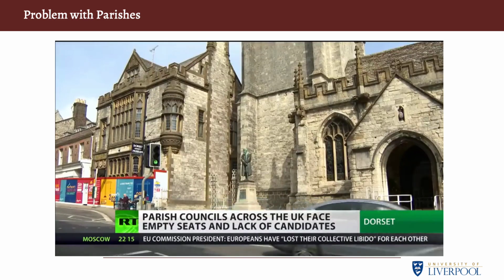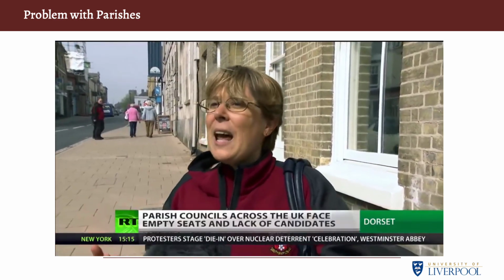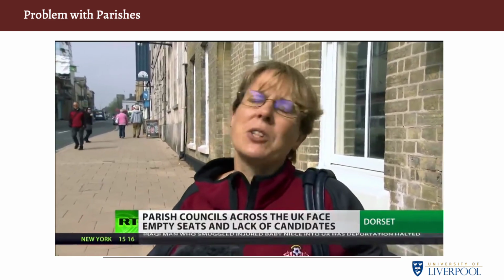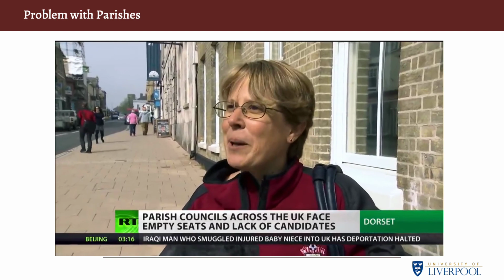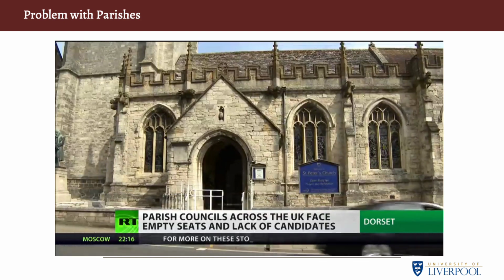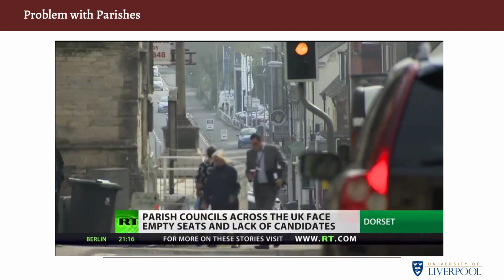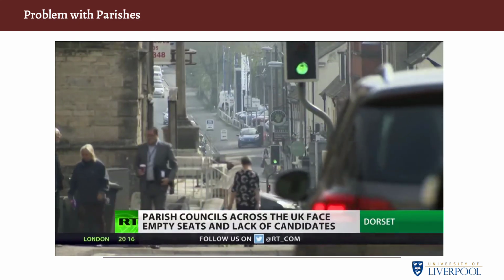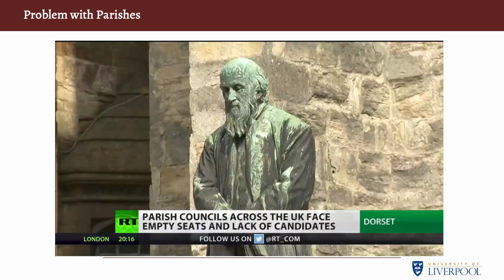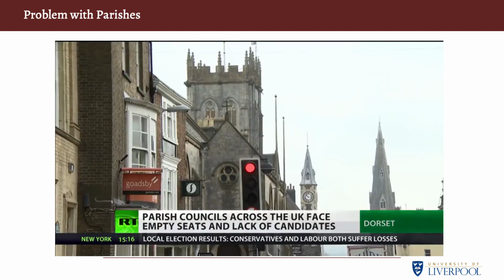And the residents here are less than impressed by the lack of candidates. My son plays for a football team, and trying to get people to come on, even on the committee for that, is impossible, let alone help for anything else. So trying to get people to go on the parish council, you've got no hope. Despite the falling numbers, this week has seen hundreds of new parish councils being created. But for those who haven't elected new representatives, perhaps it's time to look at how to get locals of all ages involved in their communities, before the idea of having a democratic parish or town council disappears for good. Martin Andrews, RTUK, Dorset.